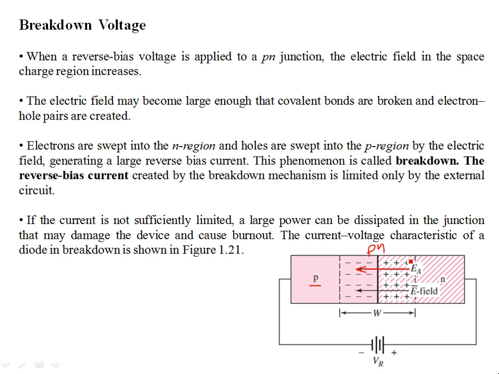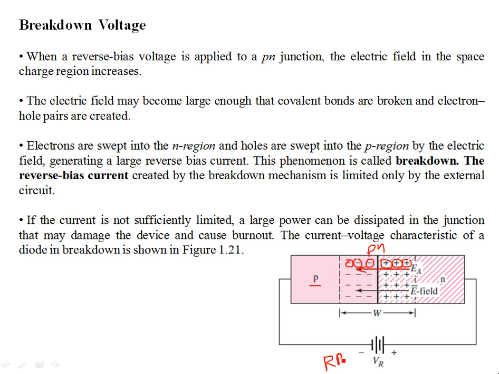uncovering of immobile ions on the N side. You have the positive group 5 impurity atoms, which are not contributing to the current across the PN junction. And similarly, you have the group 3 impurity atoms, which are negatively charged on the other side. So the direction is from positive to negative. Now what happens is when you apply the reverse bias